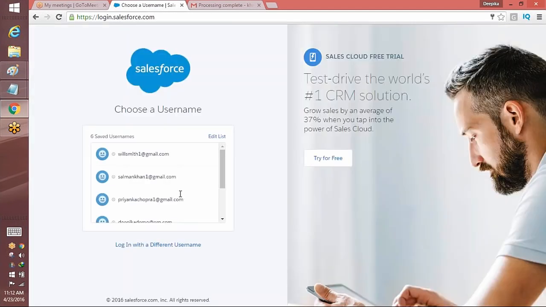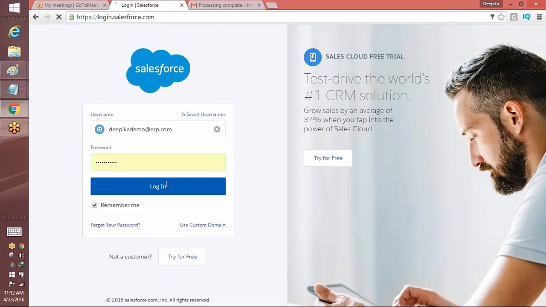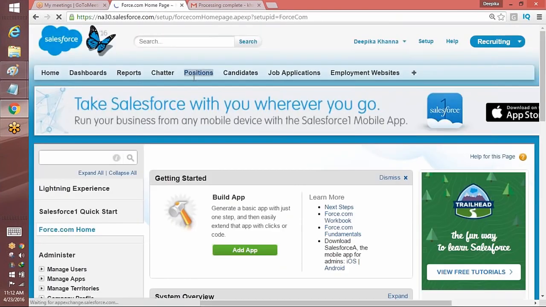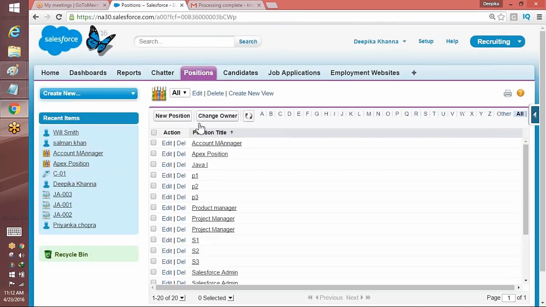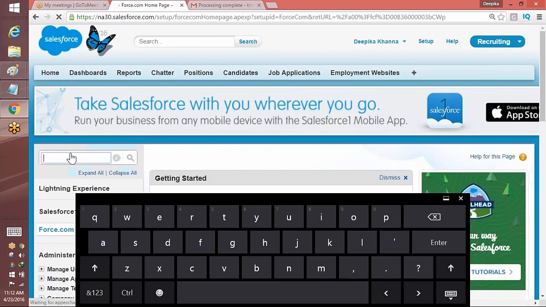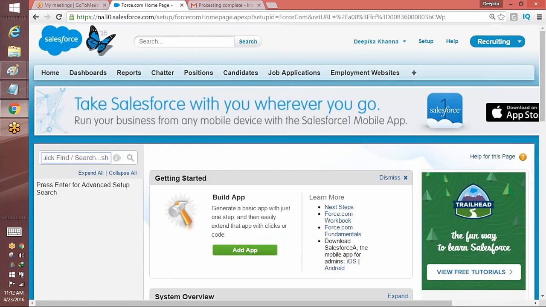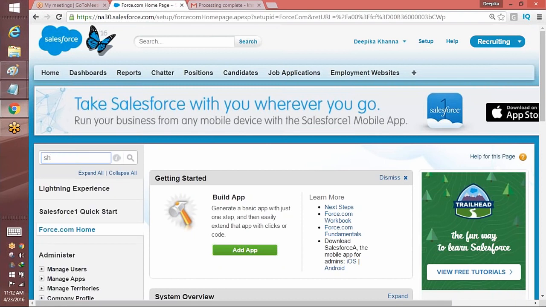If you log out and log back in, you will notice that even though the OWD is private, admin is still able to see everything. Even though the OWD was private, because he's the system admin. Now, there was something called setup, and then we go to the sharing settings, right? That was a place to access the